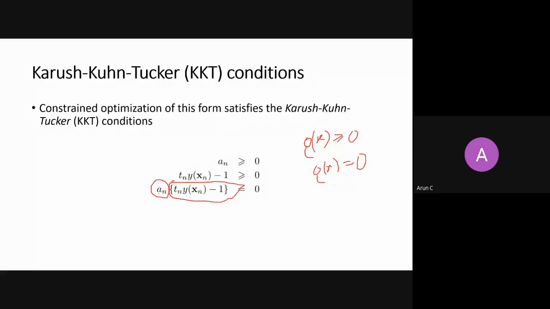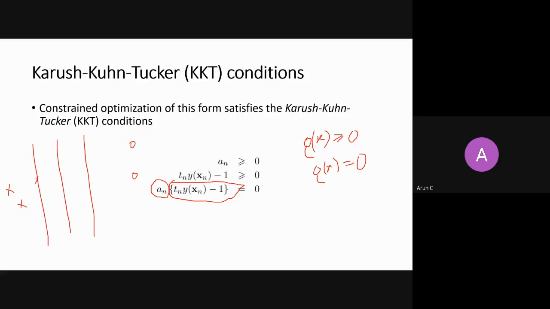If my Lagrangian multiplier is 0, it means my constraints are not effective. This is the case when my margins are not decided by the samples. There could be some samples here, there could be some samples here. So these samples don't have any role in deciding the margins, maximizing.